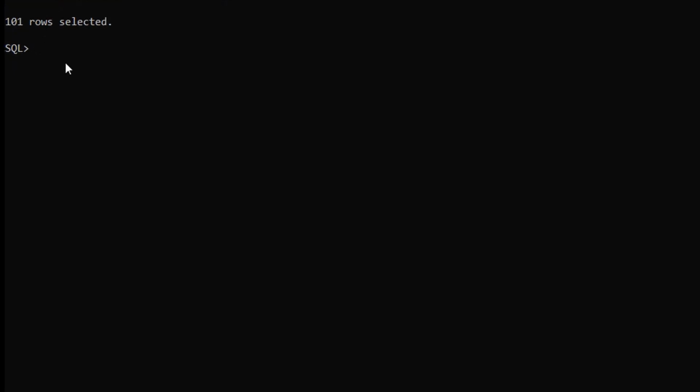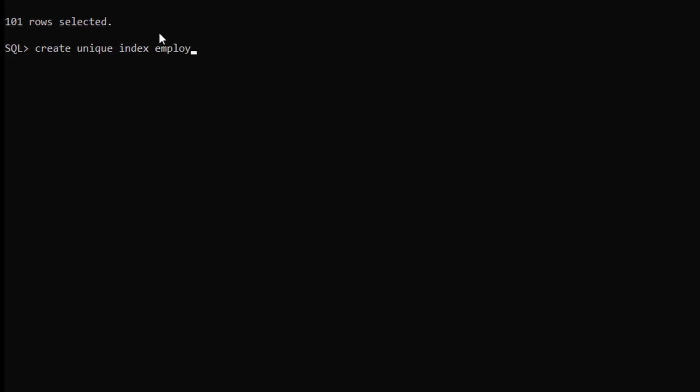In this case, we will create a unique index on employee ID, salary and department ID on the employees table. For this, you just have to type create unique index. We have to use the unique keyword before index.